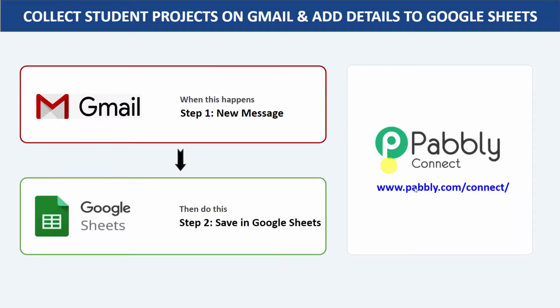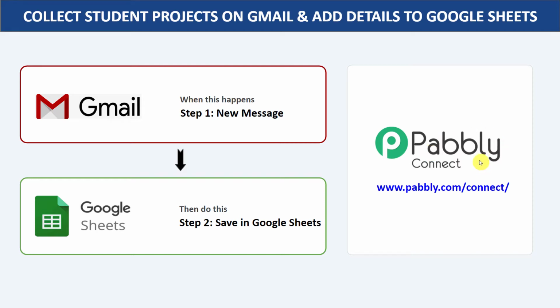So basically here we have used an integration and automation software called Pabbly Connect that integrates Gmail to Google Sheets. The best part of using Pabbly Connect is there is no need for coding skills or technical background. It can be done easily. Now here I have mentioned that I have built an integration on Gmail, but technically we are using email parser to receive the data from Gmail. If you don't get it, it's totally fine. Furthermore, you should also know this, we are sending the data from Gmail to Google Sheet. But with Pabbly Connect, you can also send the data from Gmail to similar apps like HubSpot, Zoho CRM, Pipedrive. The process is almost the same.